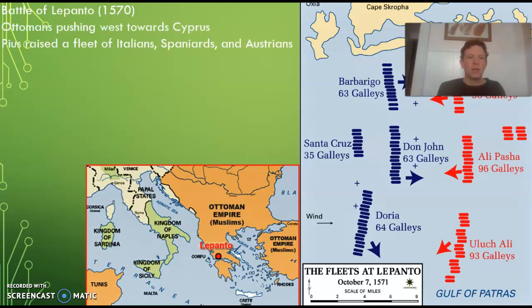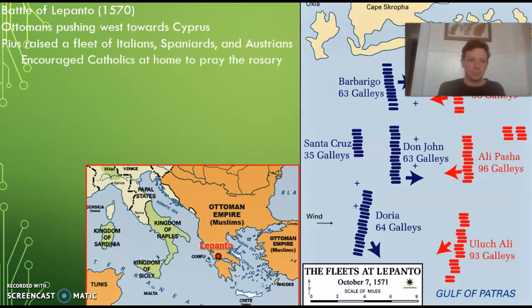And Pius V raised a fleet of Italians, Spaniards, and Austrians to form what was called the Holy League. But these people would not have worked together without his leadership. He's able to get them to put aside their differences and encourage them to resist the spread of the Ottoman Empire. And the spread of the Ottoman Empire at this particular moment is the greatest danger facing